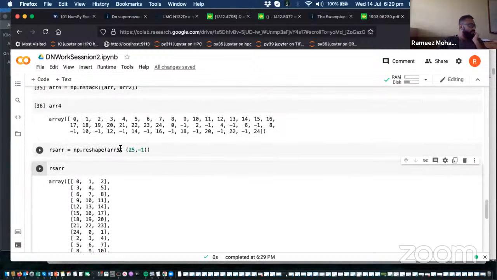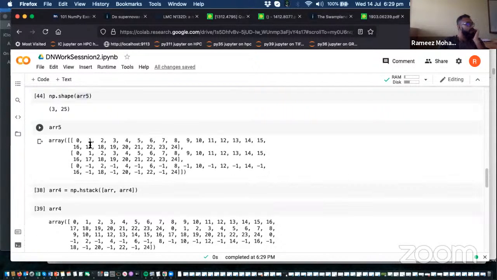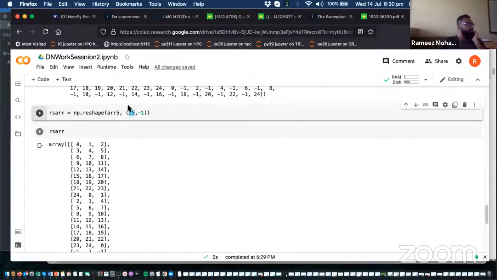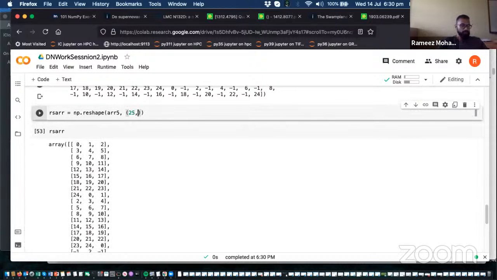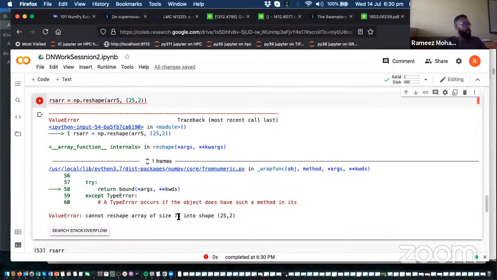Yeah, so notice what I have done. Your array 5 was an array which had this shape. It had 3 rows of 25 columns each. And I have reshaped it into 25 rows. When I specify -1, what I'm telling the function is, it has 25 rows, pick the number of columns that are required yourself, because I believe I could probably give it 25,3 and it would give me the same result. But if I try to give it 25,2, it will complain. And this is because you can't reshape an array with 75 elements in it into a 25 cross 2 array without losing data. If I give it 25,3, it will